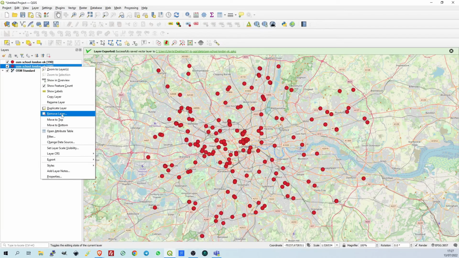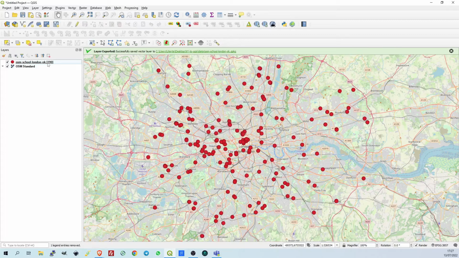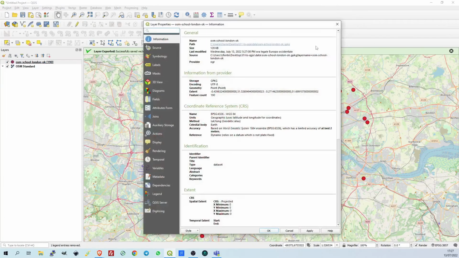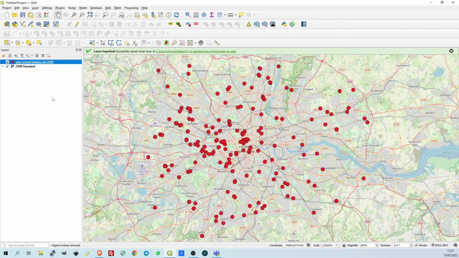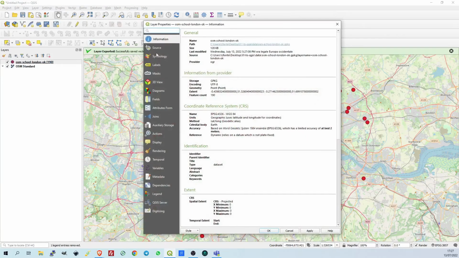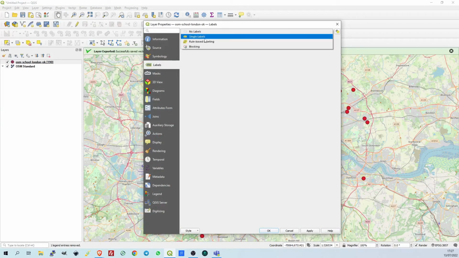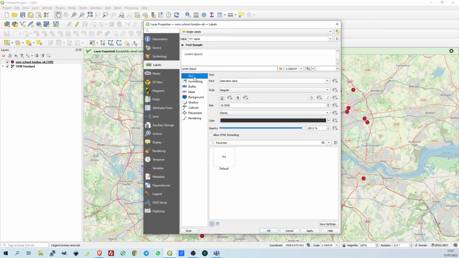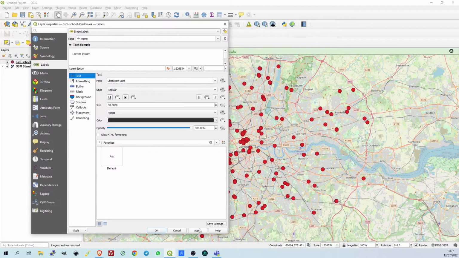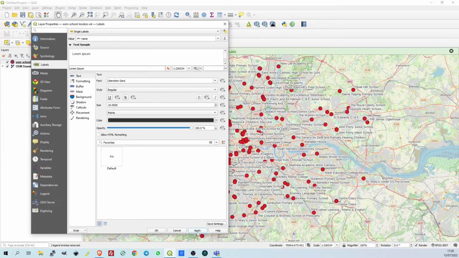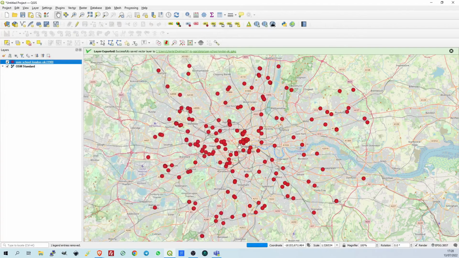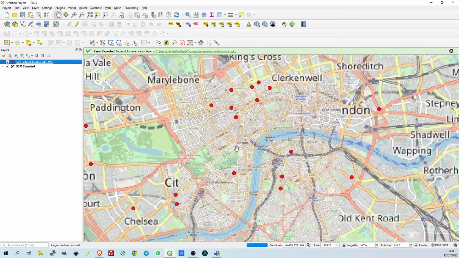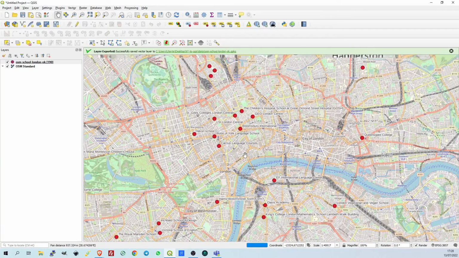Let's remove the previous layer so as not to get confused. We verify that the remaining layer is the GeoPackage. Now we assign the label to the points, taking the associated name field. Let's fix the style of the labels. Let's click on OK. The new points have the attributes of the starting Excel file, but are now on the map.